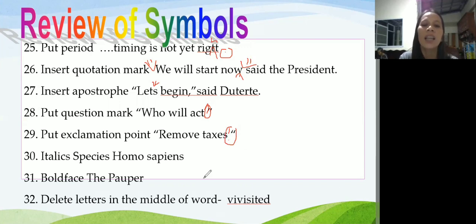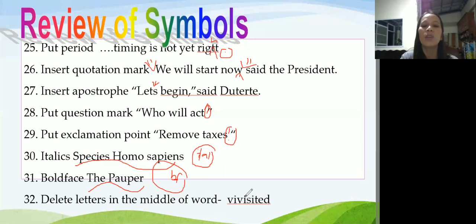Italics, boldface. Then put ital. Then encircle ital. Means ihihilig siya dapat. Then boldface. So ganun din, pero lalagyan mo ng BF. Ibig sabihin, papating ka din yan. Dapat yan ay dark. Mas dark.